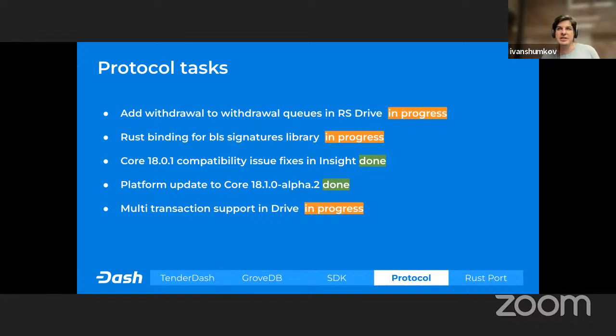We have this functionality already in GroveDB, but we don't have it in Drive, in the binding on the Rust side, and in JS side as well. So that's what we're working on right now. It's preliminary work for same block execution integration, which we're going to start soon.